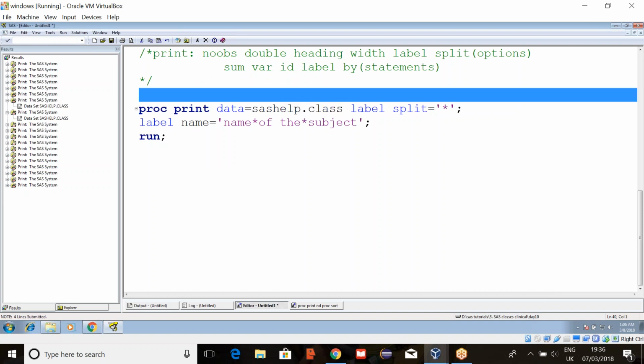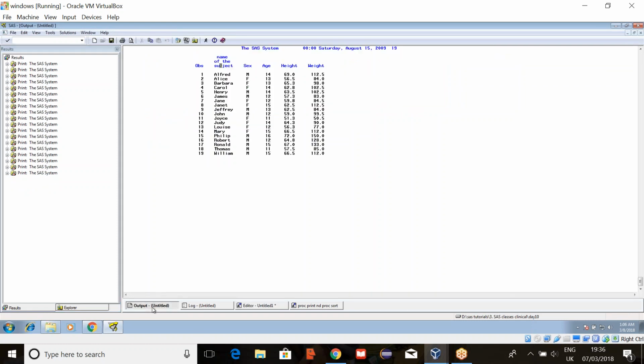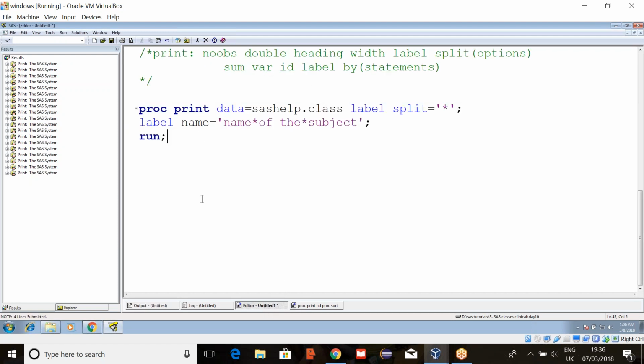But the data step will make changes in the data set. In case you want just the output and you don't want to change the data set, we'll use proc and we'll save this output. But in case you want to make some changes in the data set, then we'll use a data step. Okay. Do you understand? Yeah, I got it. Okay. Now by, I'll explain later.